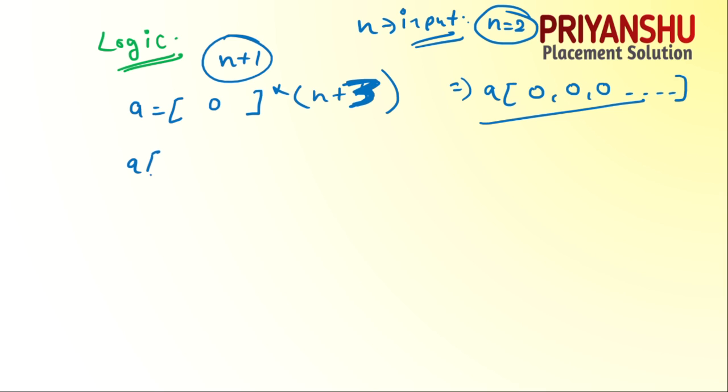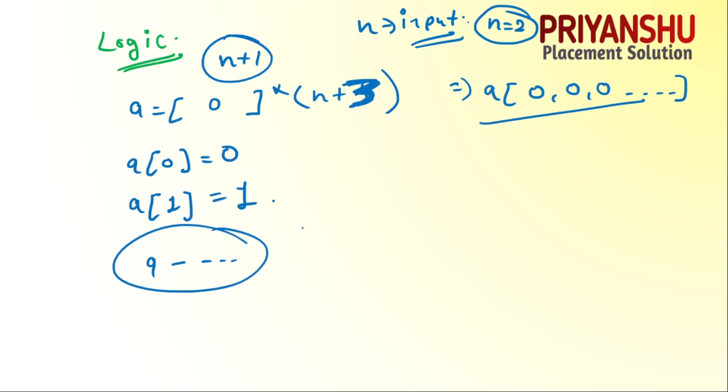After that the first index value is nothing but a 0, and the second index, I mean first index, value is nothing but a 1. For the next index guys, for a of something value, for the next index I am taking a for loop guys, for loop i equal to 1 to n plus 1. I will execute n plus 1 to n plus 1. But guys, we need to find n plus 1.